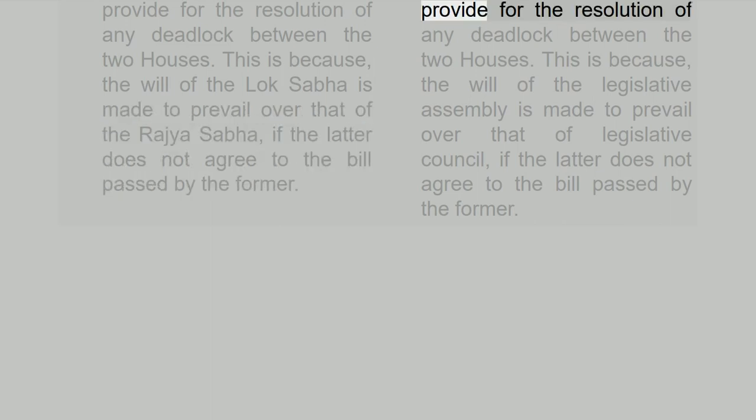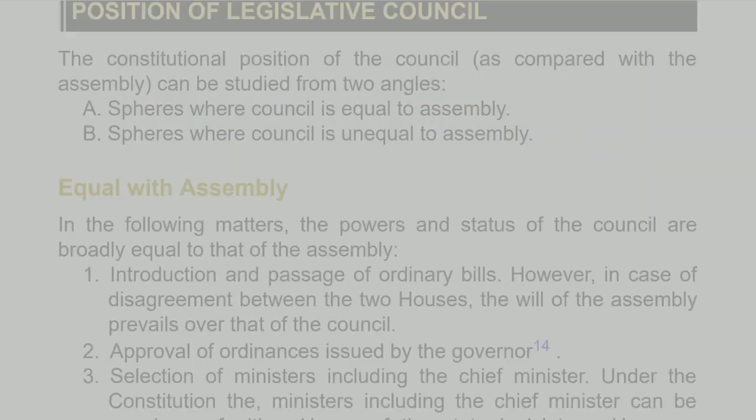Provide for the resolution of any deadlock between the two houses. This is because the will of the Legislative Assembly is made to prevail over that of the Legislative Council, if the latter does not agree to the bill passed by the former. Position of Legislative Council. The constitutional position of the council, as compared with the assembly, can be studied from two